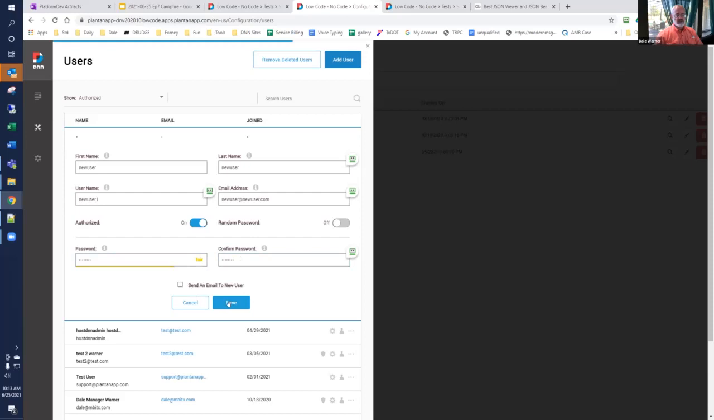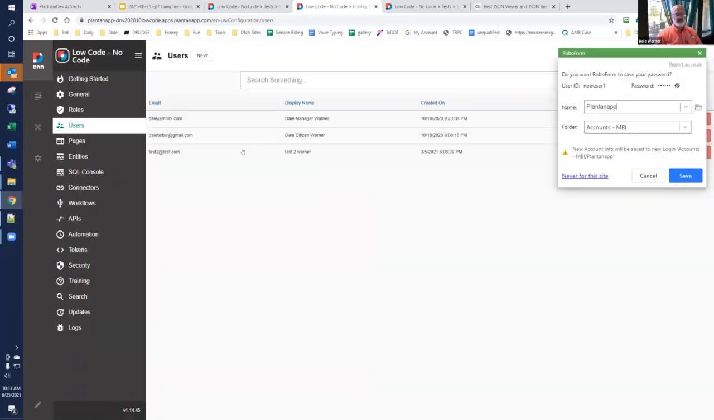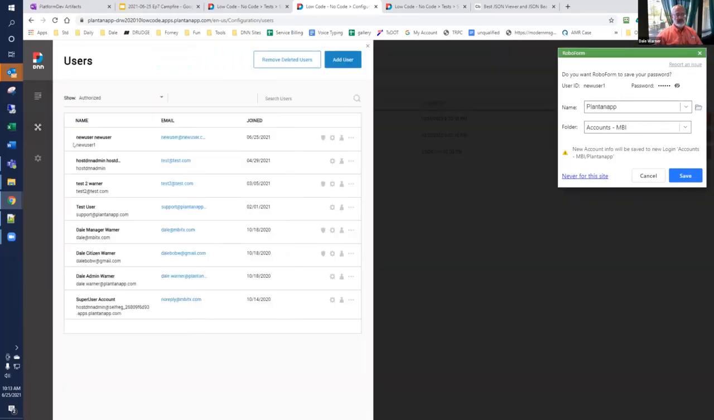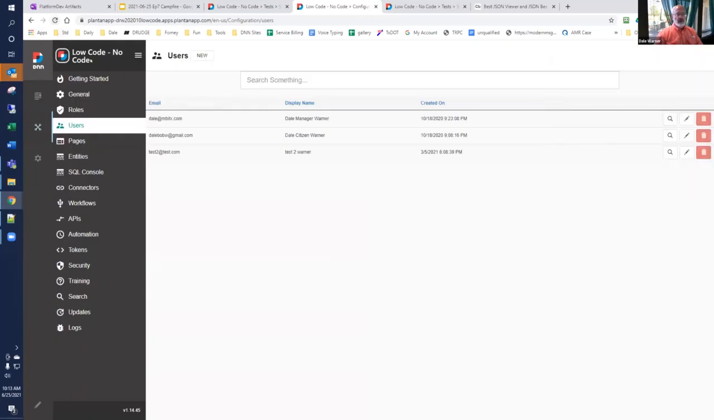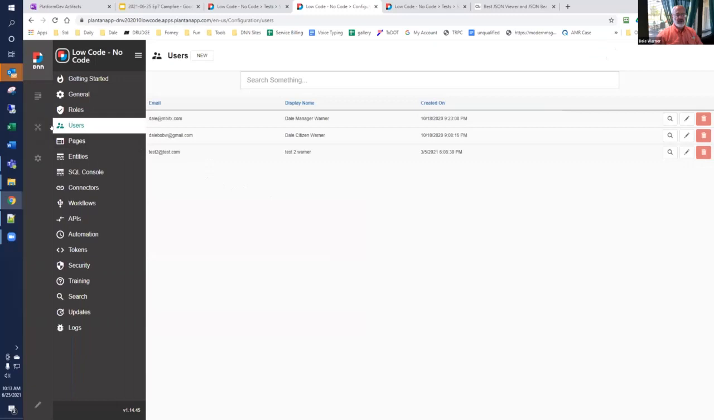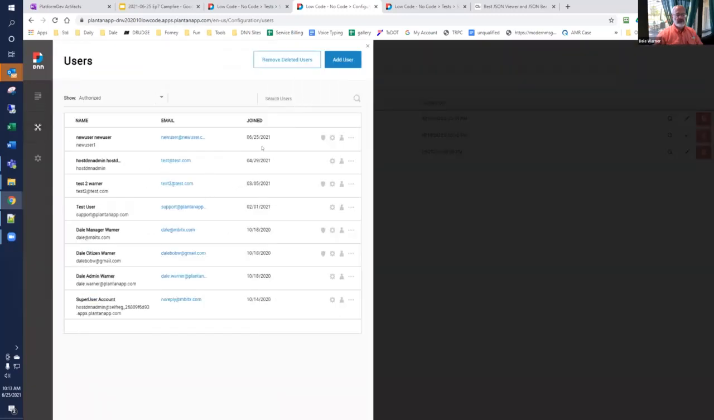Actually going to send an email to it. So we have a user called new user. If we look in our users list, we have new user. If we refresh our Plantain app users list, they don't show up. It doesn't show up. And the only difference is if we go into that user and assign new,